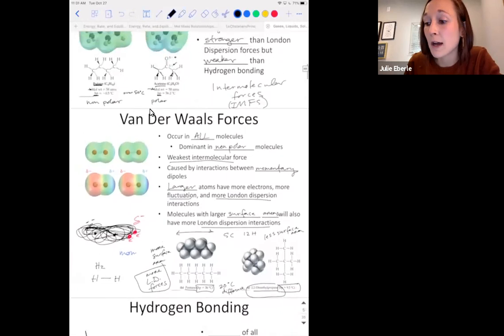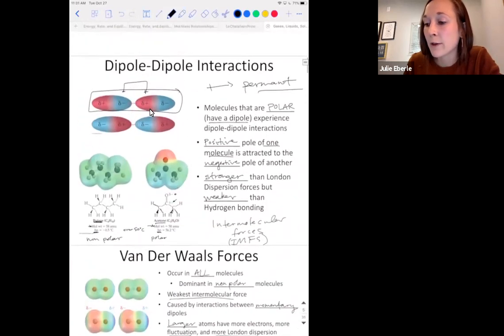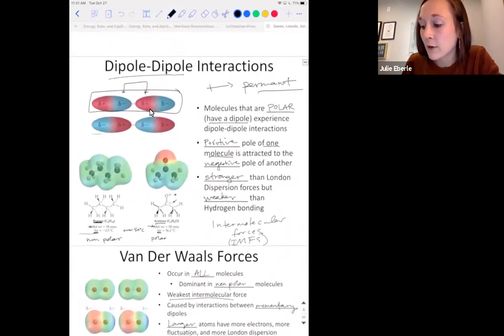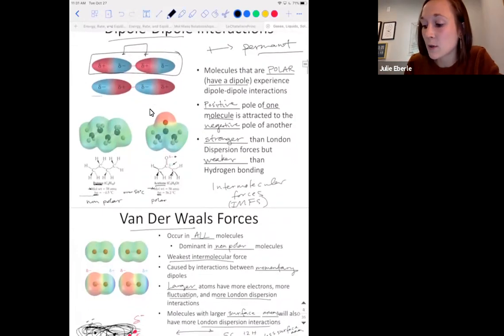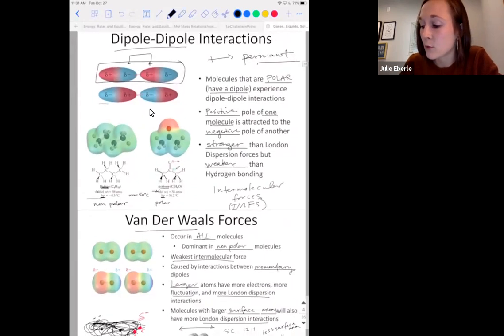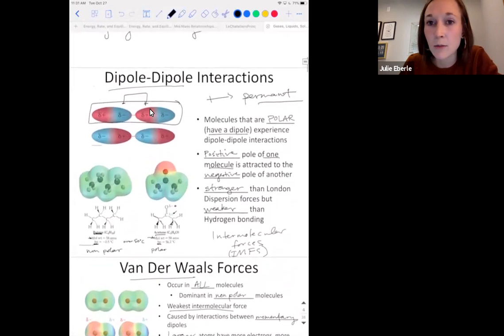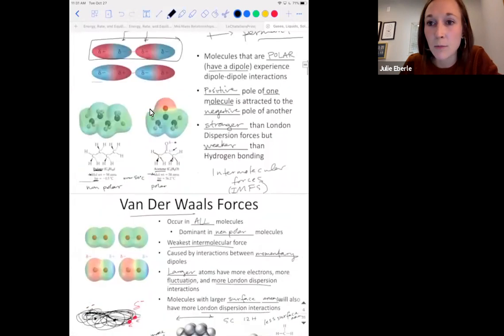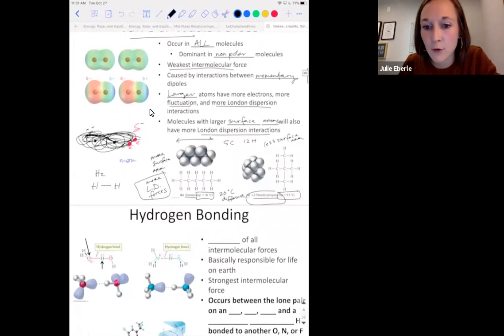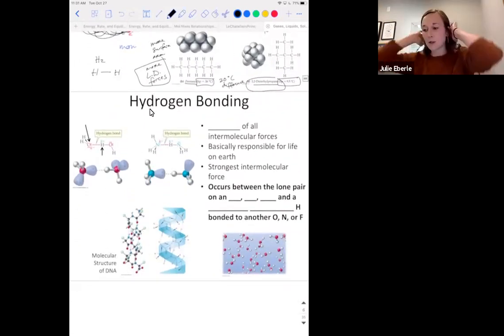And you have to look at what kind. If you're comparing a molecule that can experience dipole interactions versus a molecule that can experience van der Waals only, then that will affect the level of their boiling points and melting points as well. Dipole interactions means higher melting points and boiling points. Any other questions? Okay, last one, hydrogen bonding.